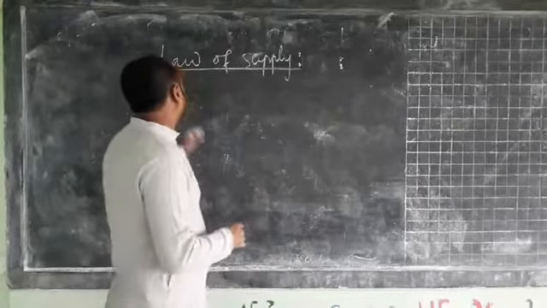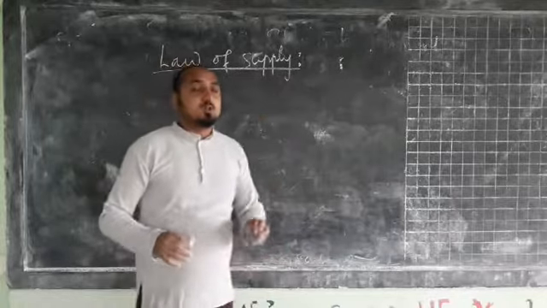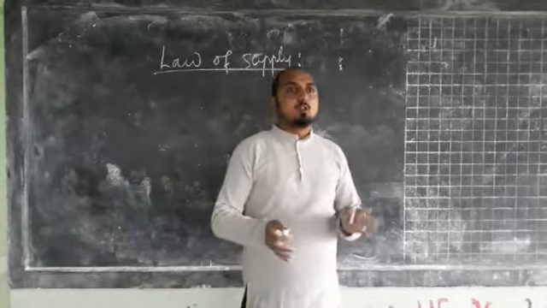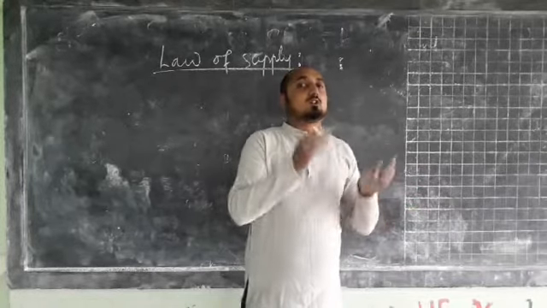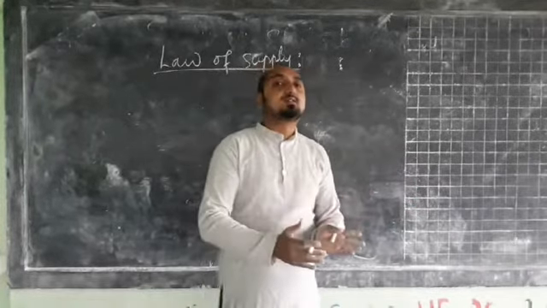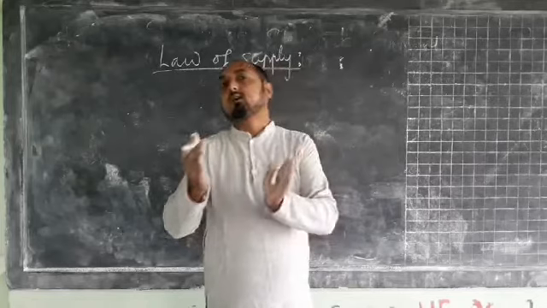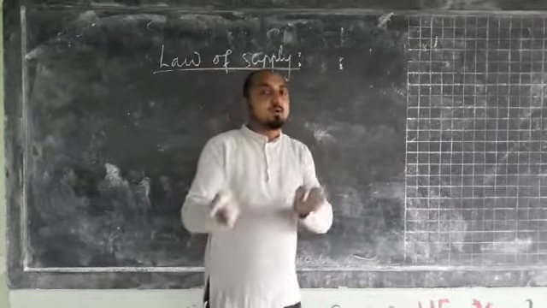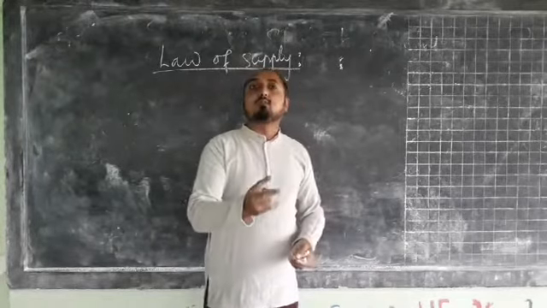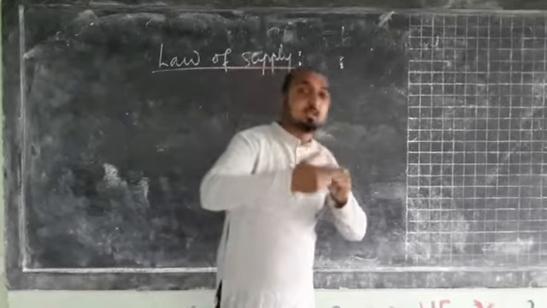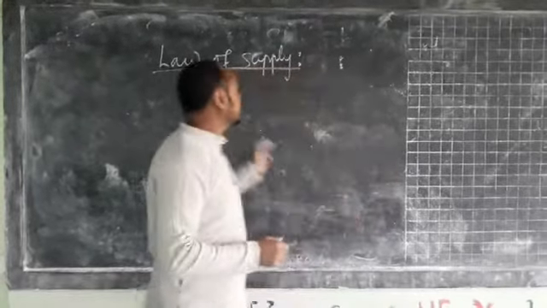The next important topic we have is law of supply. So we have done the law of demand, and in the case of law of demand we have explained that the other things remaining constant, when the price of commodity increases, quantity demand will decrease, and when price decreases, quantity demand will increase. That means in the case of law of demand it shows the inverse relationship, whereas in the case of law